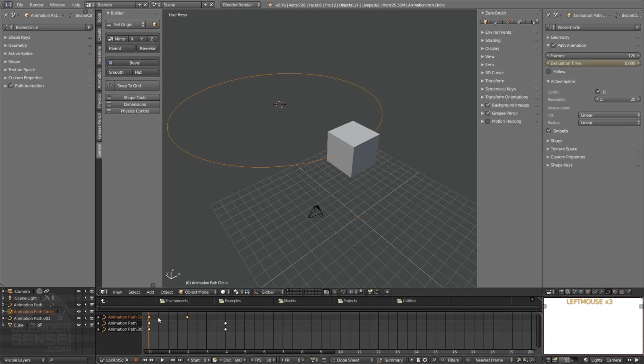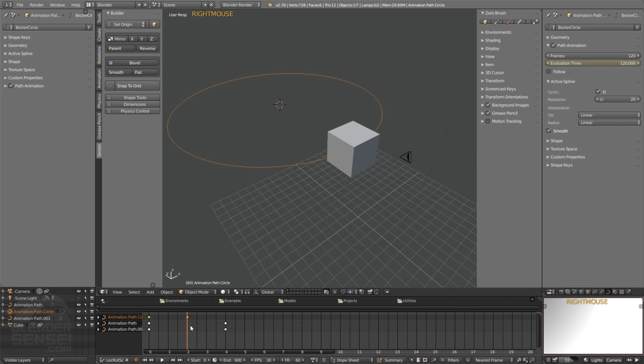But anyway, what's actually animated here is this evaluation time. If we look at these two yellow highlighted keyframes and we right click to drag our cursor down to the last one, you'll see that the total amount of frames this is being animated is 120 frames, which basically turns out to be 4 seconds. Basically, all this is saying is that one full journey of this path, from beginning to end, is going to be this many frames. So if the last keyframe we're on is at 120, that means it's going to do